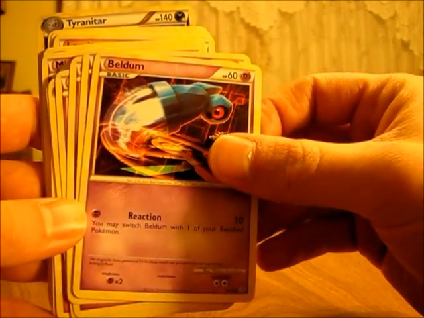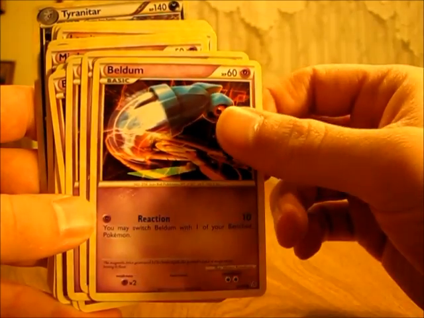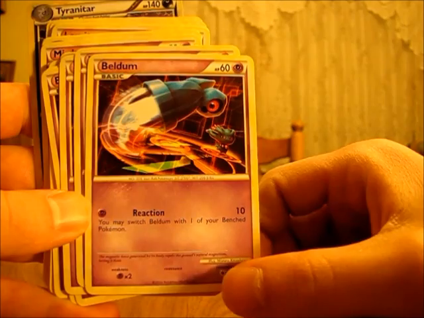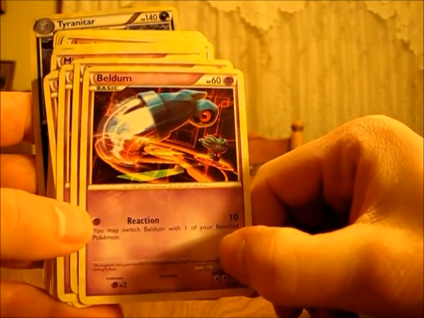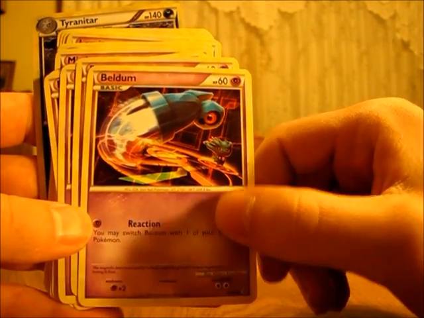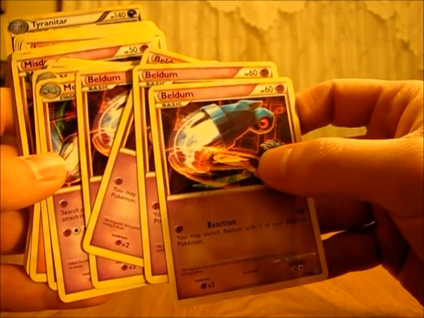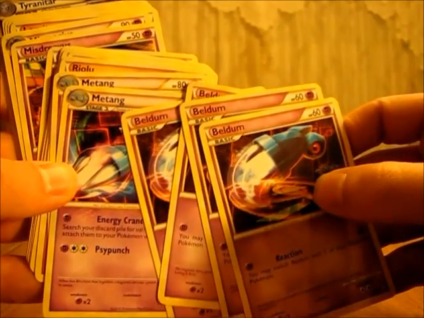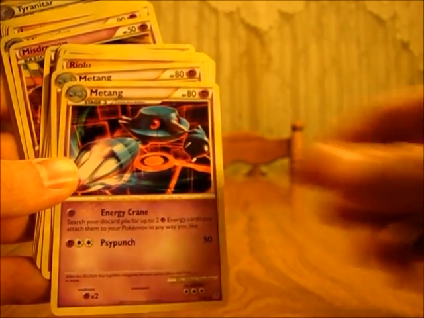So if you get this card out there to start, and then you get say 40 damage on this card, and you don't want to waste 2 energy cards on this card just so you can retreat it, since the highest move only requires 1, you can use Reaction and then switch it on its own for a more powerful Pokemon on your bench. There's 4 Beldums in the deck, and then there's 2 Metangs which evolve from Beldum, and it only has 80